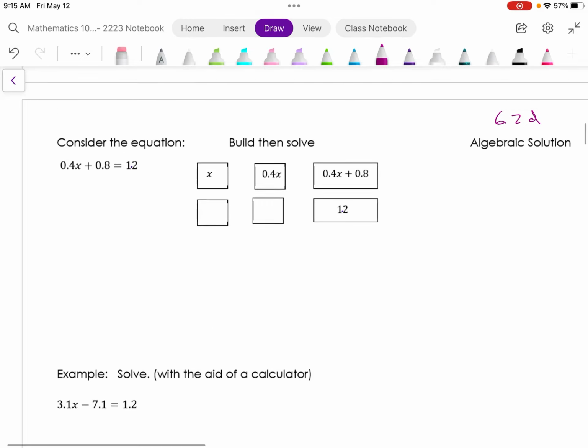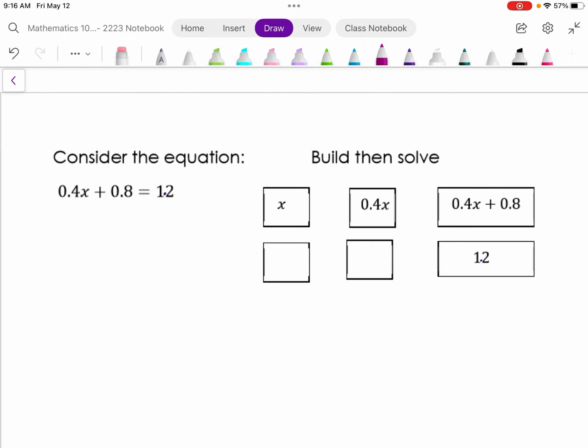Okay, so we're going to increase the level of difficulty, but it's really not. Numbers are numbers. But sometimes when we write with decimals or fractions, we try to overthink. So similarly, here, I'm going to build the equation, and then I'm going to tear it down to solve for